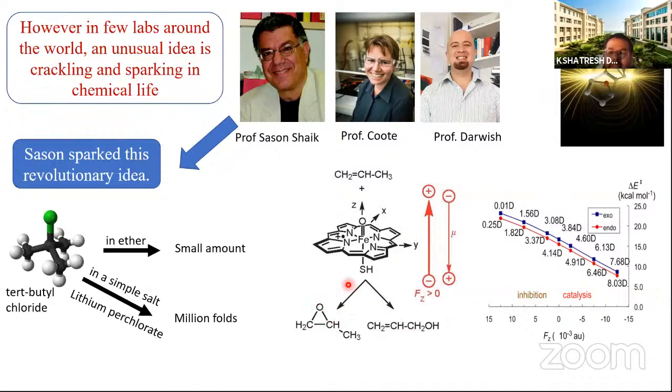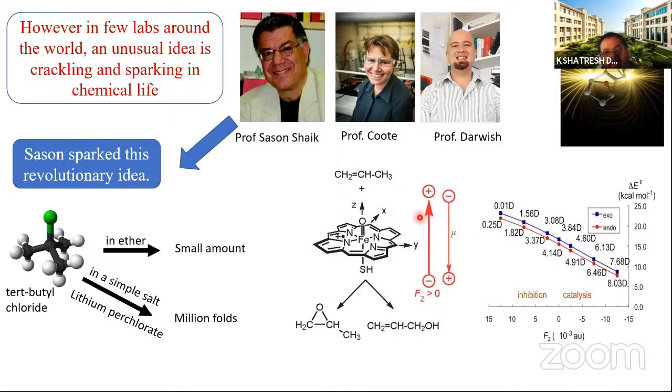It means that overall, just by reorienting the electric field, we can change the product formation, we can change the rate of the reaction, and we can even change the regioselectivity and the stereoselectivity. That's why he mentioned in his biography that this is a very small reagent which can be used for catalysis. To catalyze a reaction, or if we want to inhibit some reactions, we can apply the electric field in different directions.